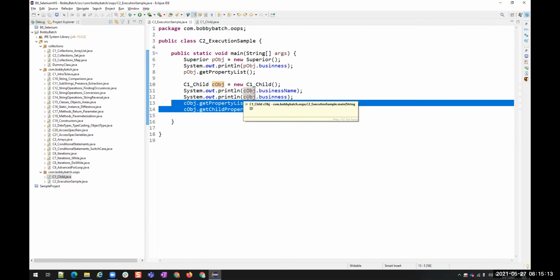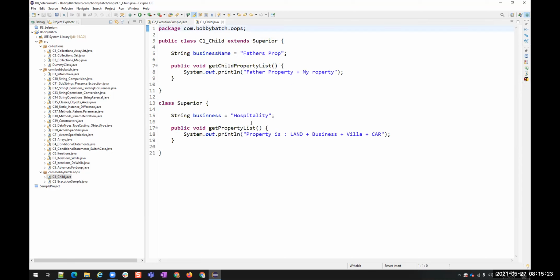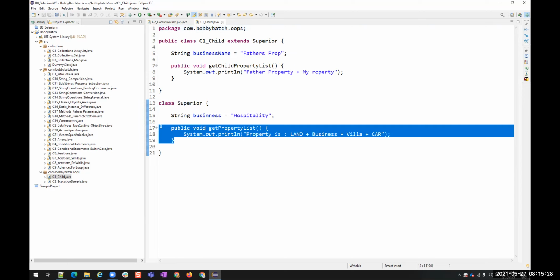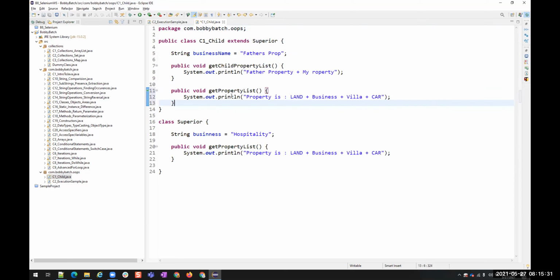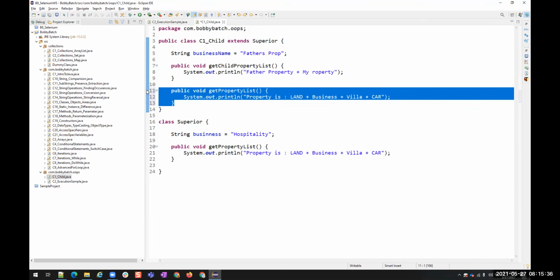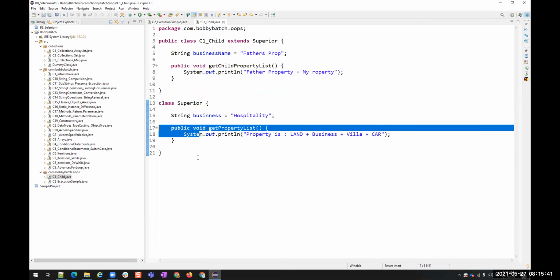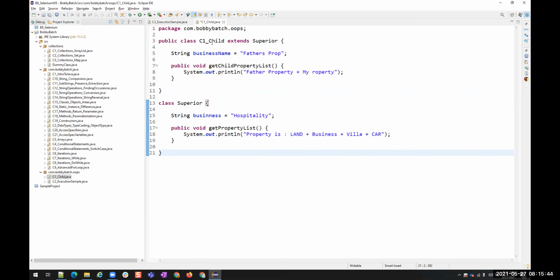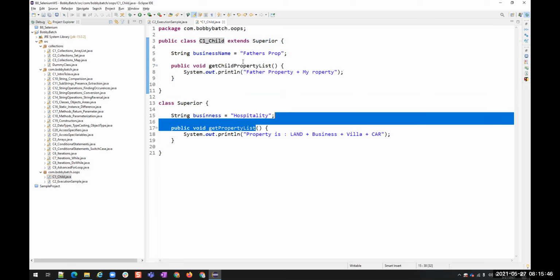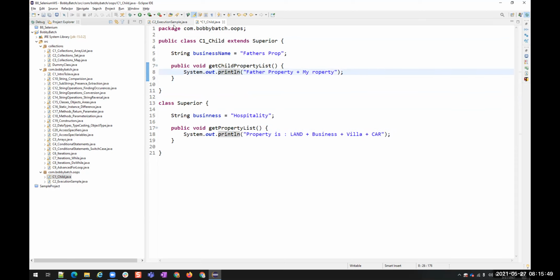Right? So this is increasing the reusability because I don't have to rewrite. See, if I do not have a relationship between these and this, and I want to have the same property in my class, then I have to copy this and paste it inside this if I want to get this method, right? But I'm not doing it. This is already there in my parent class. This is already there in my parent class. So what I'm doing, I'm creating an object for child class and I'm able to access this parent and child. Understood?